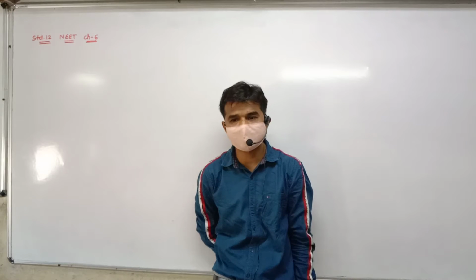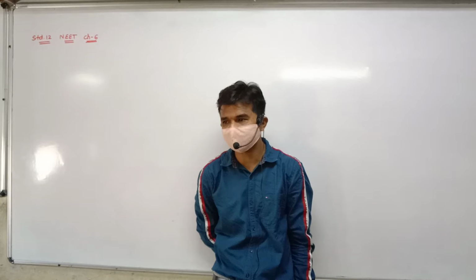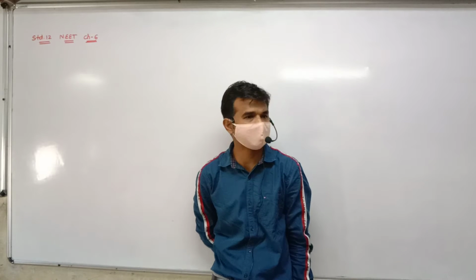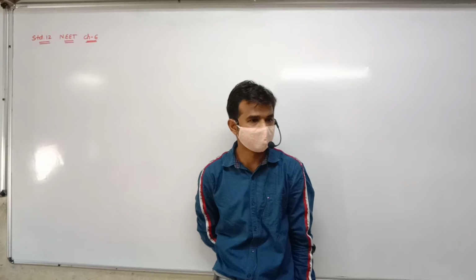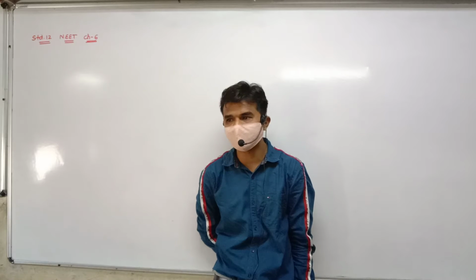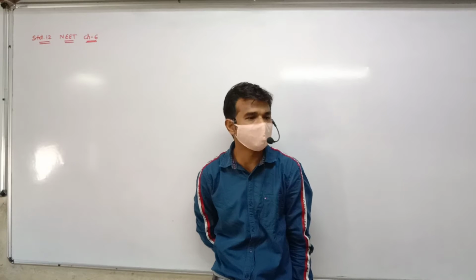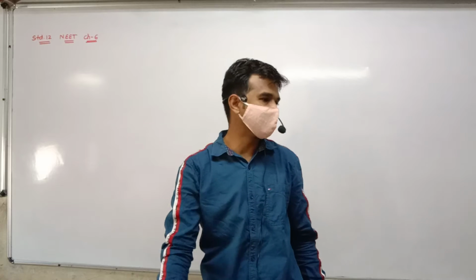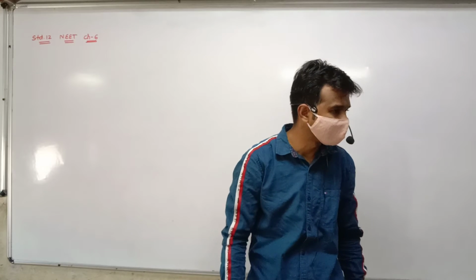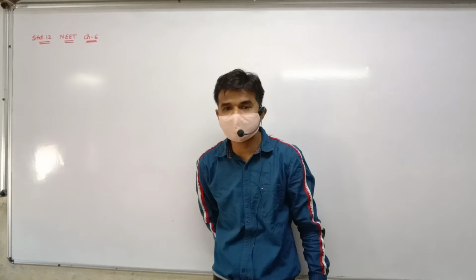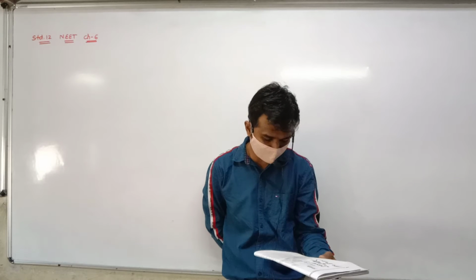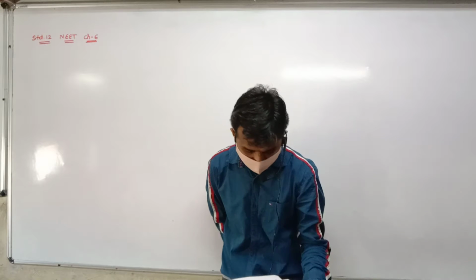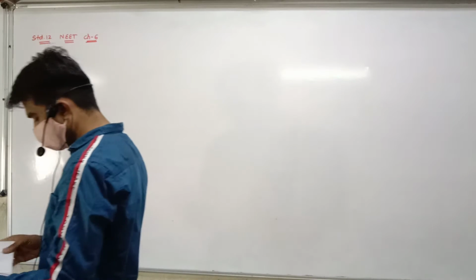The genetic material of this virulent bacteria S3 was kept surrounding the living R2. And then what happened here is that the rough surface of the avirulent bacteria became smooth. As a result, avirulent bacteria became virulent. Okay, so this is the 3-mark question, and you have to write it in this way.